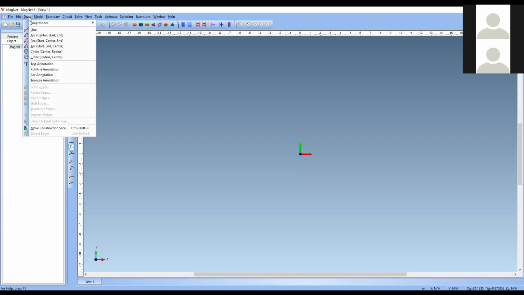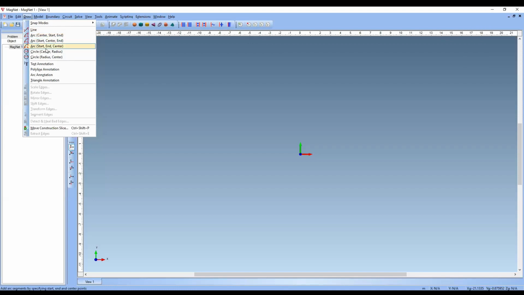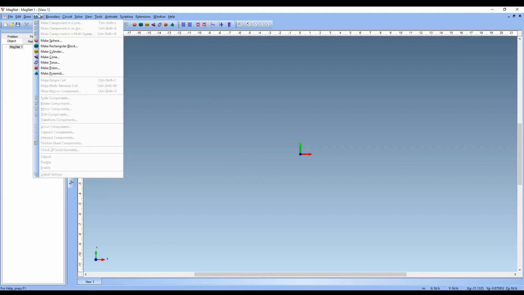Next, draw. Initially, all we want to use is from these draw tools only. Using these tools, we want to draw the geometry. Using line, arc, like I told you in the morning, arc, circle, and other things. As we go on with designing, we can see what these rotate edges and other options are. Now it will not be enabled. When the geometry is being constructed, then only these will be enabled.